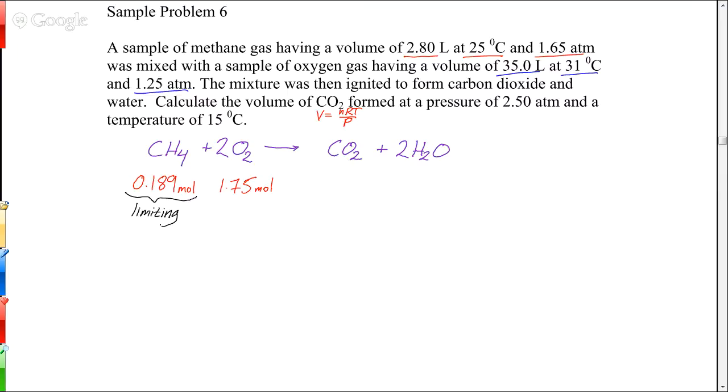So methane is going to be our limiting reactant. All right, so if we've got 0.189 moles of that, it's again a 1-to-1 ratio with the CO2. So this tells us that we're going to make 0.189 moles of CO2 also. So then the volume for CO2, we just solve for n using RT over P, so that's 0.189 moles. We know R